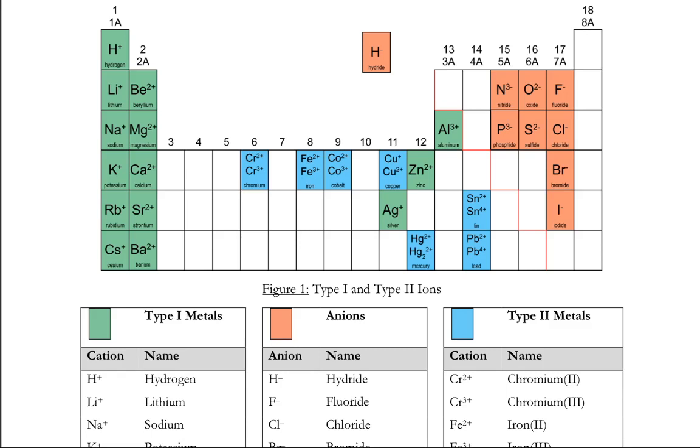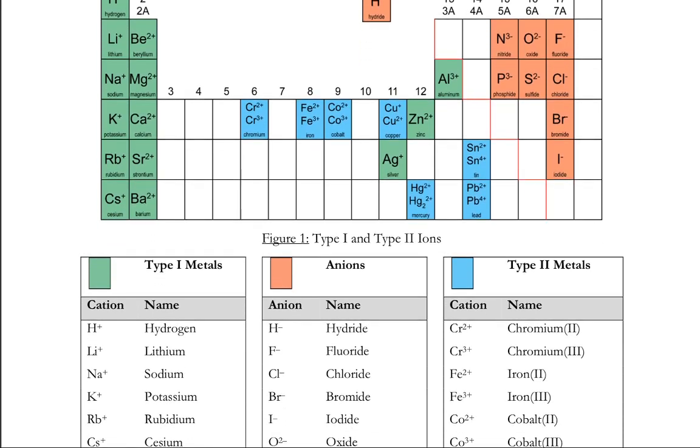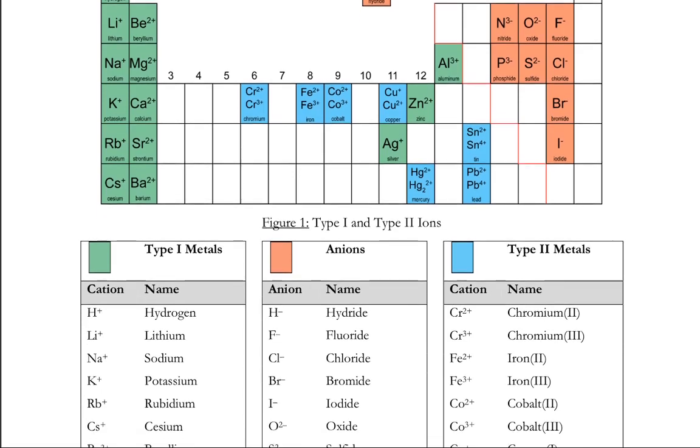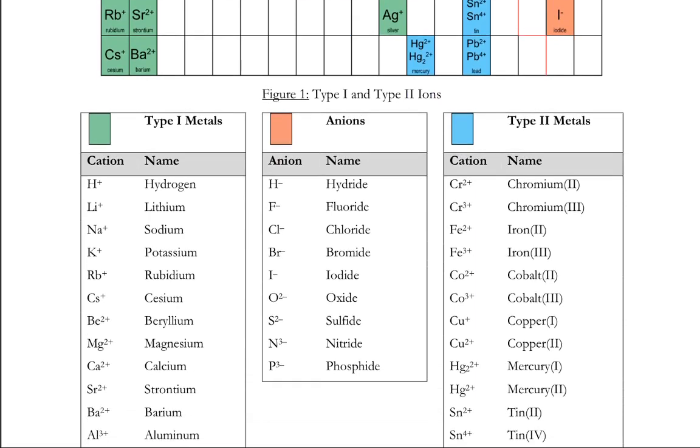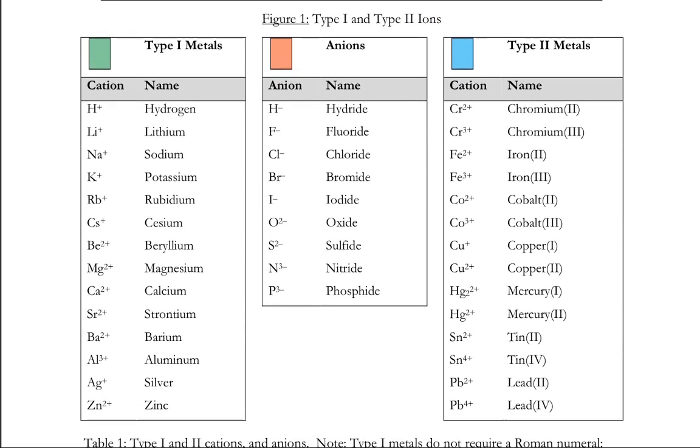With tin and lead, we commonly have tin 2 plus or tin 4 plus, and with lead 2 plus, lead 4 plus. So when it's one of those elements that has the variable charges, some of them shown here on the periodic table in blue, we indicate the charge of the cation in Roman numerals,